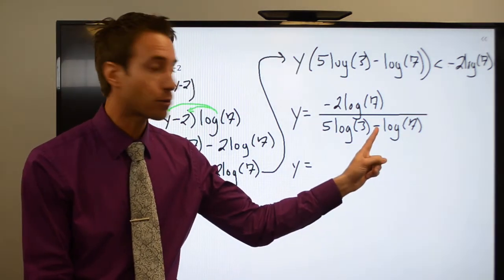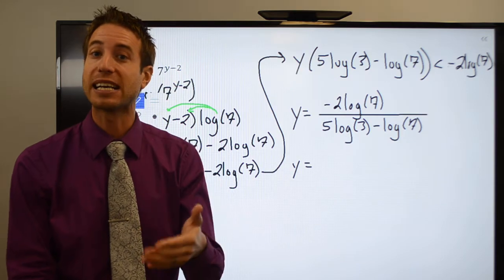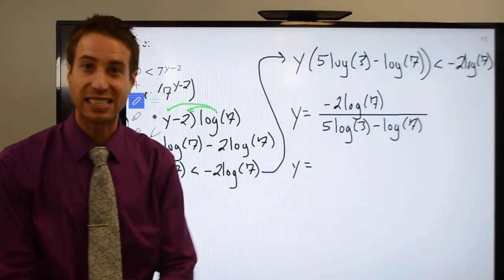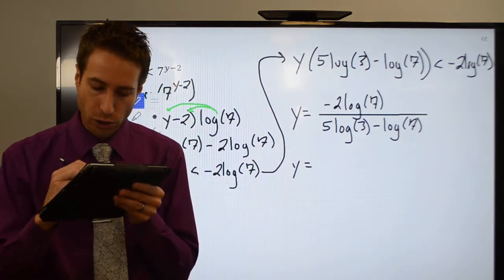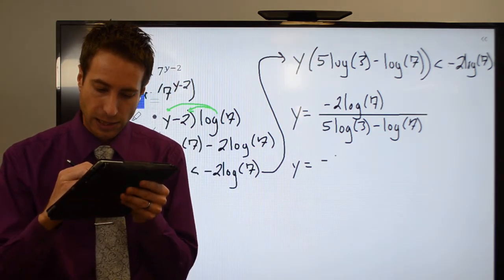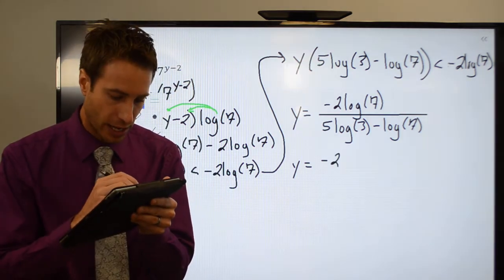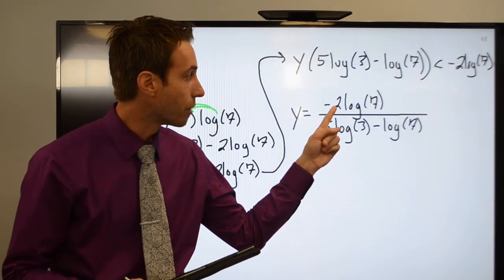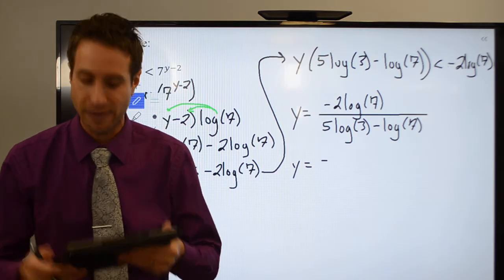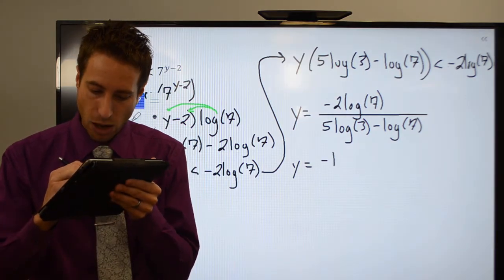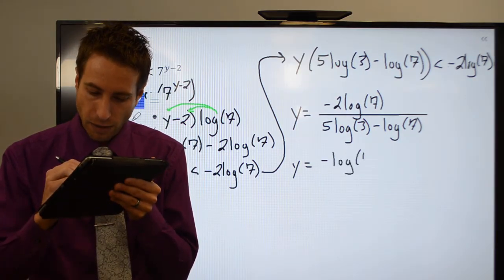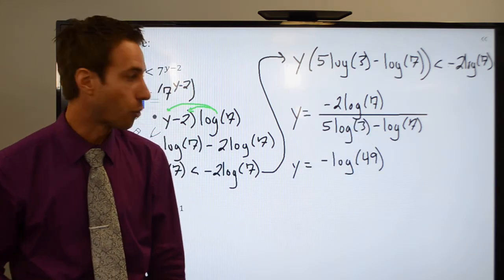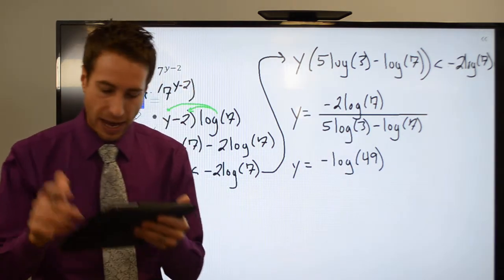Also, I have subtraction down here, which means I can use the quotient property of logarithms to rewrite this as a quotient. I can also, in the top, take that coefficient of 2 and make it the power on the 7. So I'm going to have minus log of 49, because 7 squared is 49, all divided by